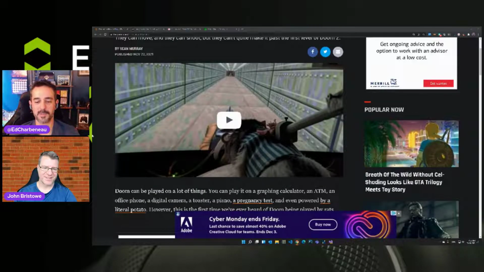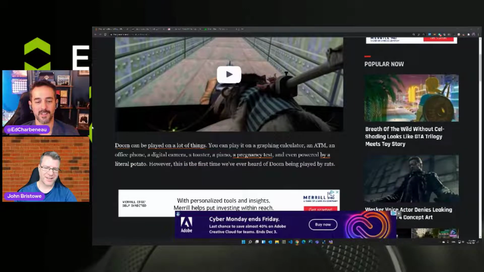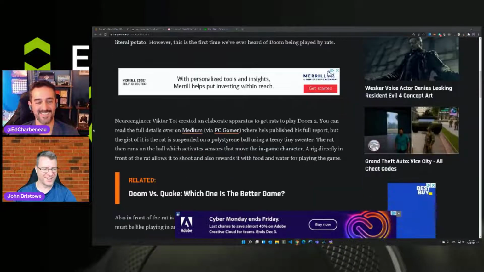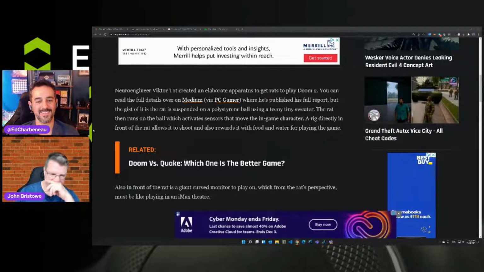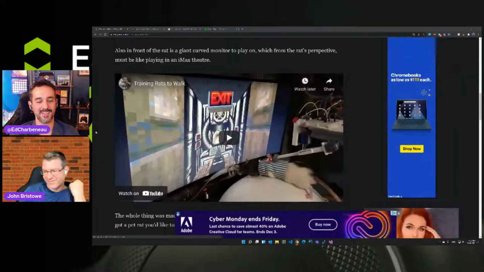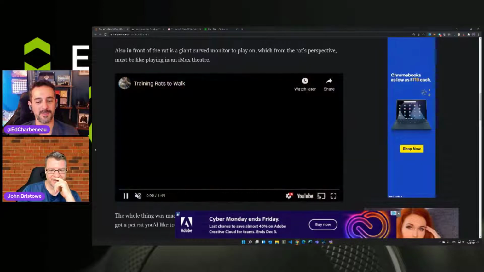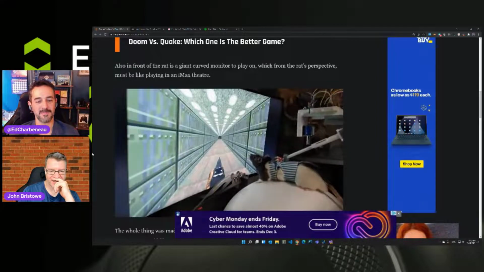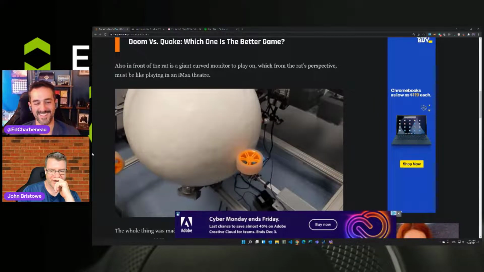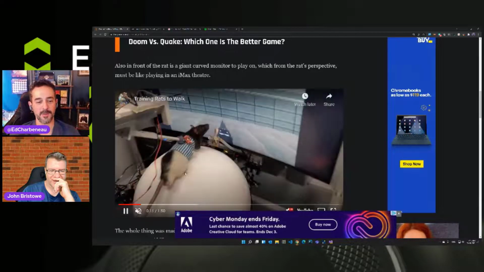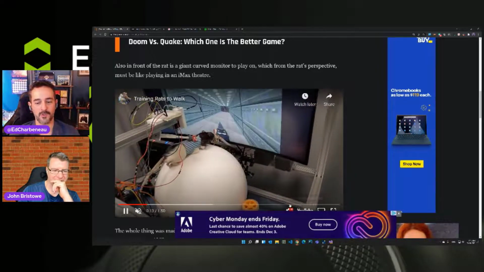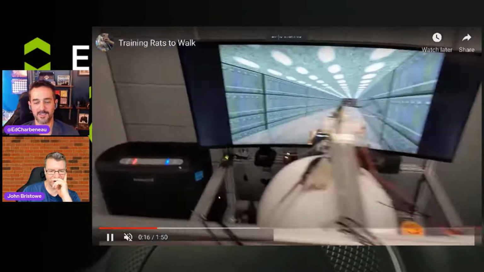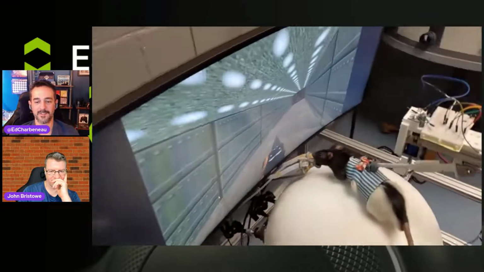This is like a science experiment where they used rats. This is animal cruelty. Maybe this is like Clockwork Orange where you got the eyes pinned up and it's like, what are we doing? All right, go on. They built a rig so mice can play Doom, or rats. Oh my goodness. You've got the Rollerball spherical controller, yeah. And they're not being harmed. It's a tiny sweater, by the way. They're wearing a, quote, tiny sweater to help let them navigate